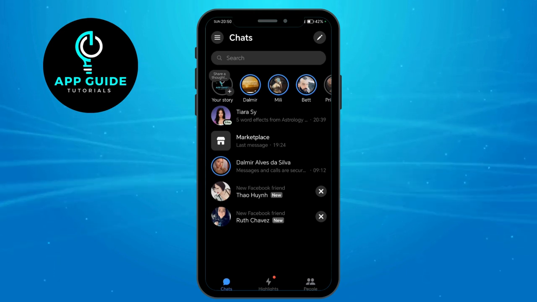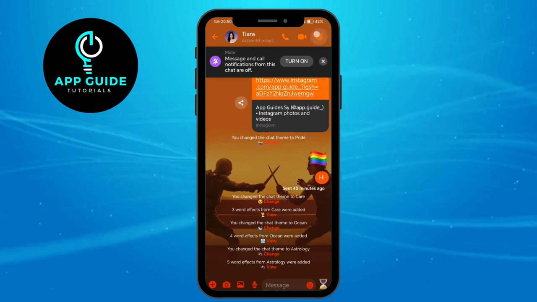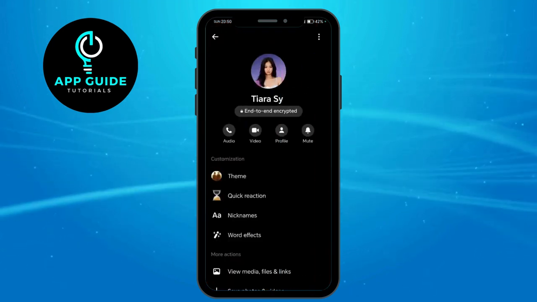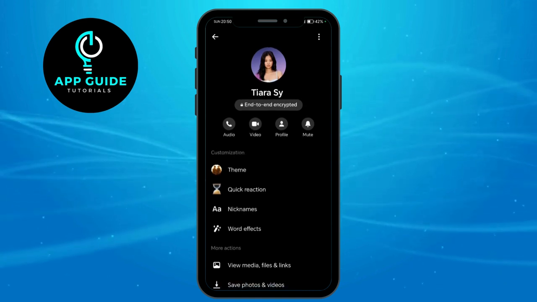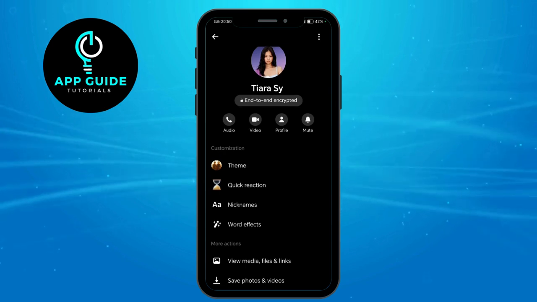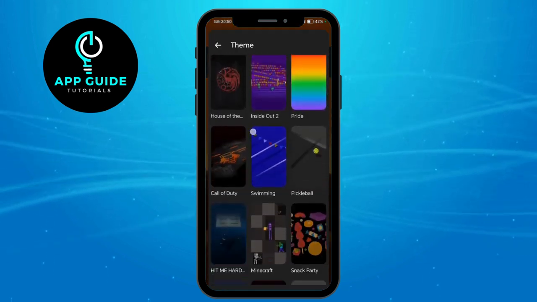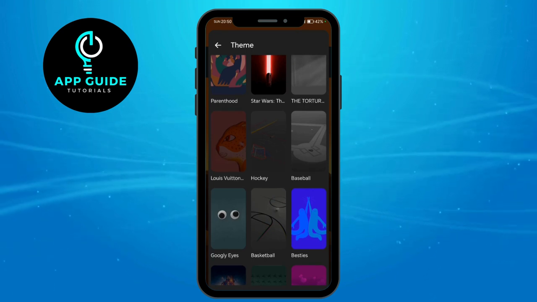tap on that conversation right there and then click on this eye icon on the uppermost corner right here. Now once you're here, all you have to do is to locate customization, and under that you'll be able to see themes right here. All you have to do is to click on that, and once you click on that, all you have to do is to scroll down until you see the Sky Chat theme,